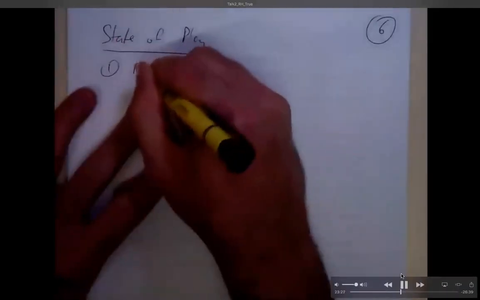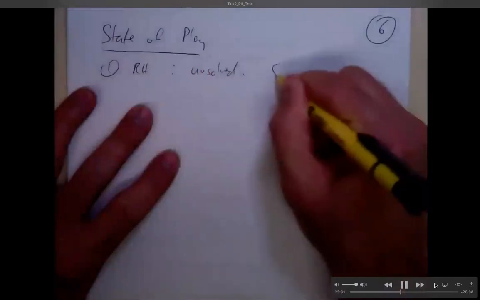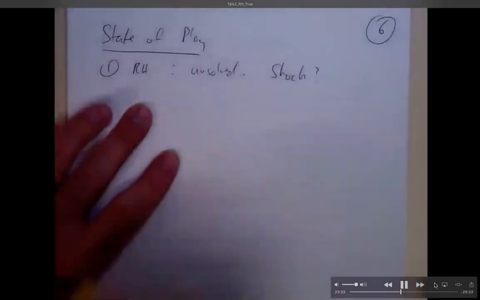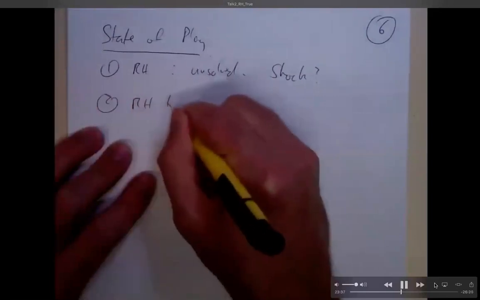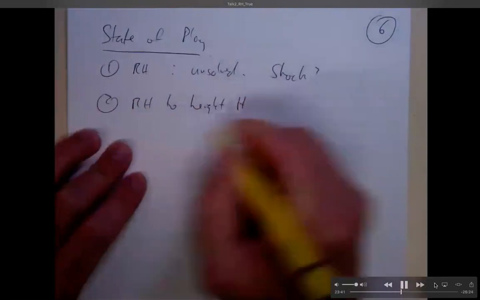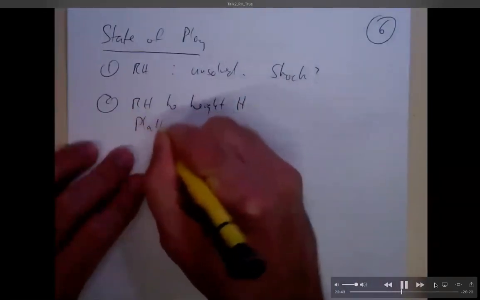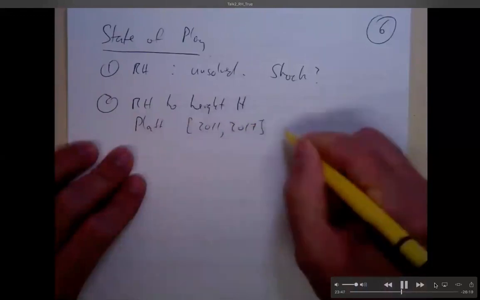So this is the state of play. This is where the field is up to at the moment. All right, so point 1, the Riemann hypothesis is still unsolved. At least it was unsolved when I wrote these notes a couple of months ago. Is it a shock? Maybe it is. So the Riemann hypothesis is unsolved. So therefore, as I tried to elucidate in the previous few slides, it's very important then to know the Riemann hypothesis up to a certain height.